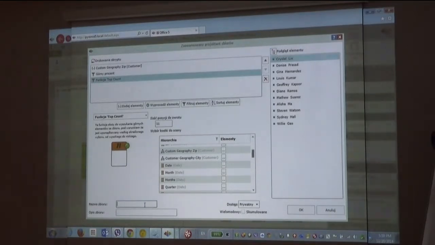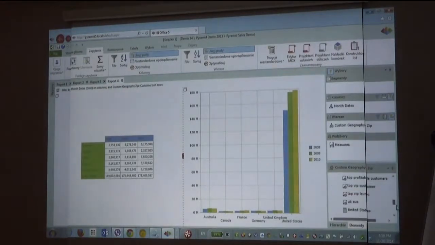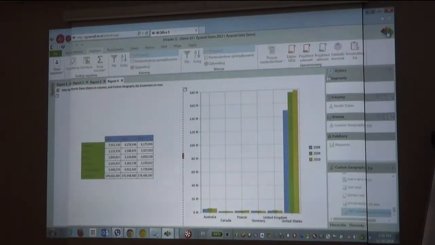Okay, so again, let's call it VIP customers for my home. Private, public, I want to share it, yes, again. And now, if I go down, I have VIP customer for my home. If I click here,